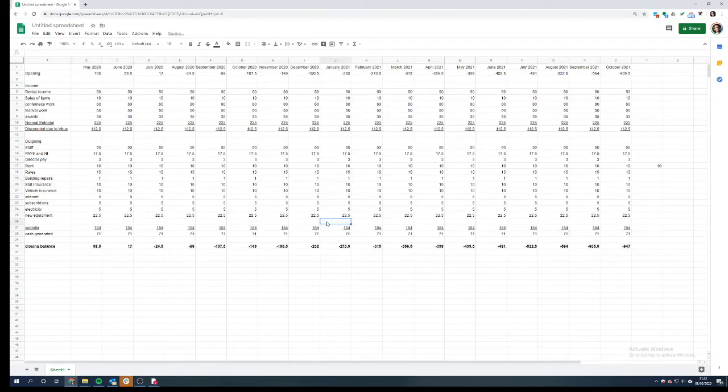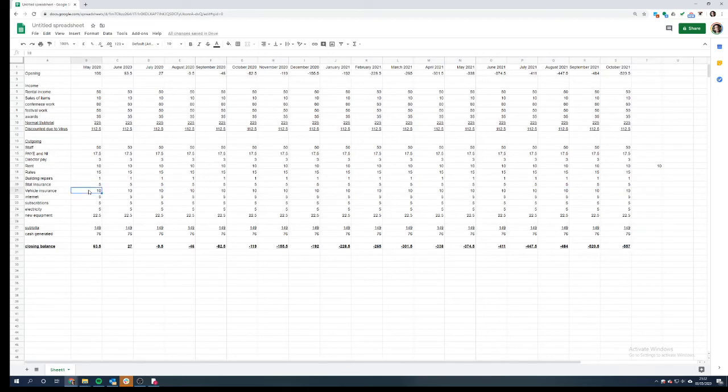Okay, stat insurance, right. Now, speak to your insurer, but you might find that given that you're doing a lot less business, which means a lot less risk for the insurer, there might be a conversation you can have. You can say, look, guys, the risk you're insuring is very different now because we're doing, in this case, half as much work. So maybe we can reduce our statutory insurance. Maybe have the conversation. So let's drop down to 5. That might be a bit wishful thinking, but this is just modeling at this stage. Okay, we're down at minus 557 now.